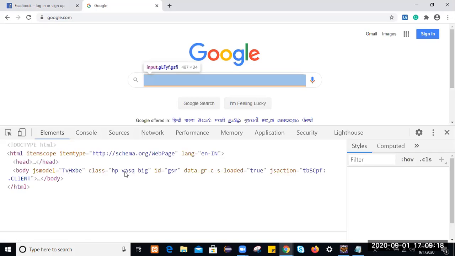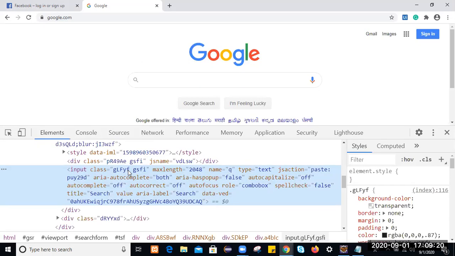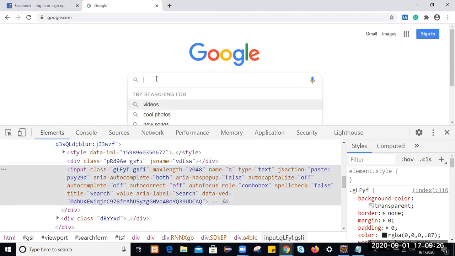What is the class for this search box? Class is equals to something like this, and we'll type something in it. Based on the class we are finding this element.